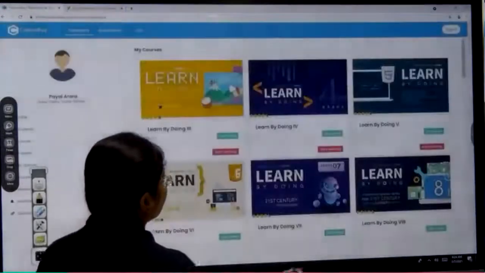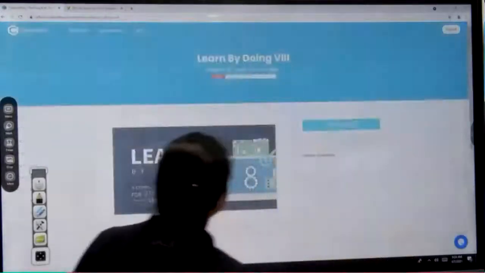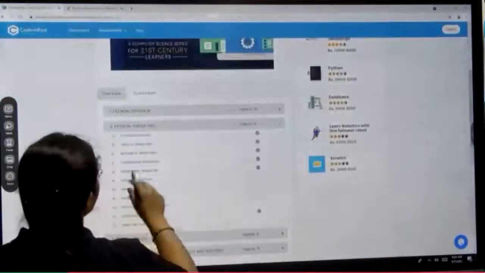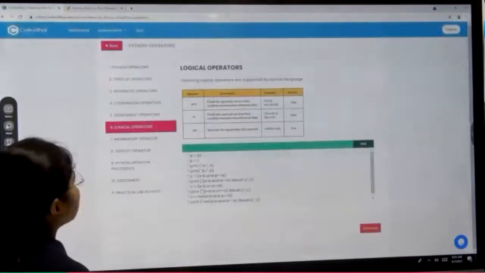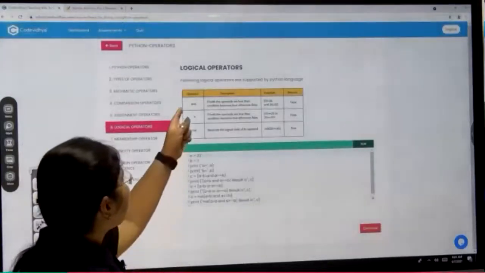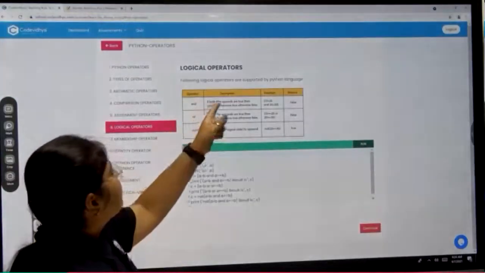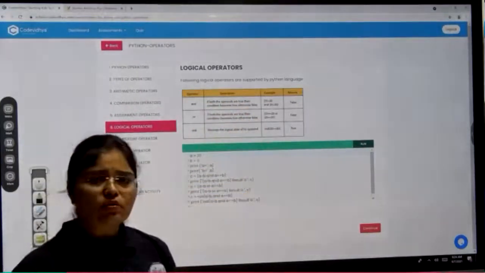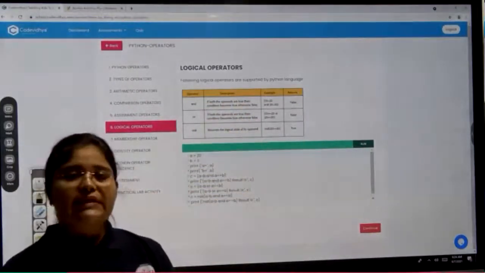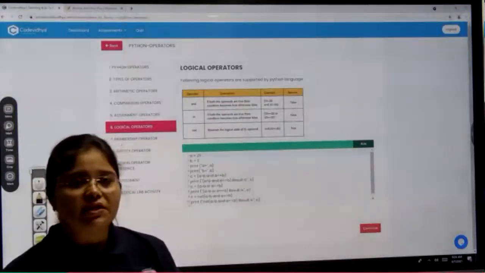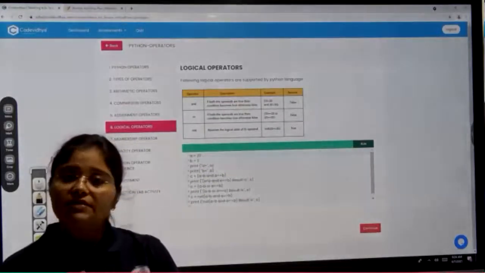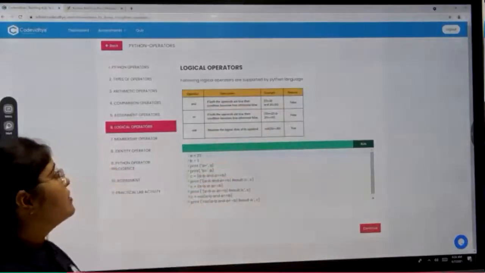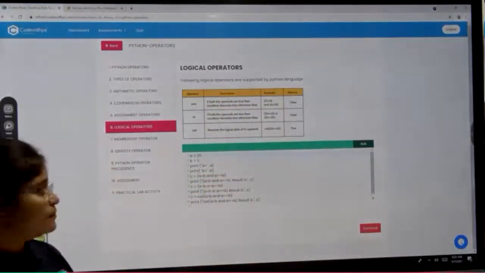So first of all, we will see one program related to your logical operators, and with the help of one example, we will understand all these things. So here you can see and, or, not. If both operands are true, then the condition becomes true. Means both or more than both. Means however many conditions we have put, if all of them are true, then only the result will be true, otherwise the result will be false.